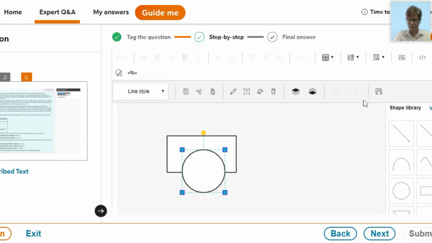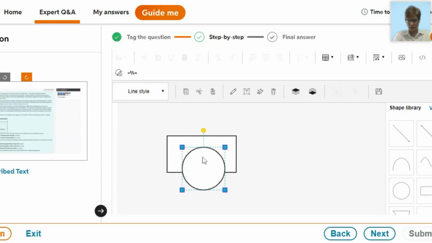How will I do that? On the toolbar, you just need to click. First, you click on the object. Then on the toolbar, you click on this tool, send selection to the back. You will see it goes to the back. And if I want to bring it to the front, I'll click on that object and I'll click on this tool, bring selection to the front, and it will come to the front position.